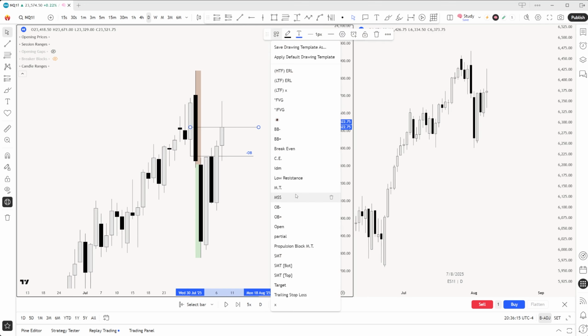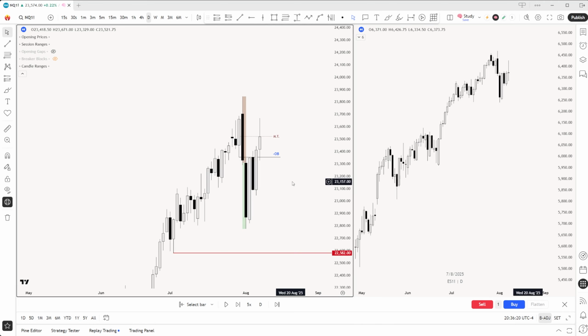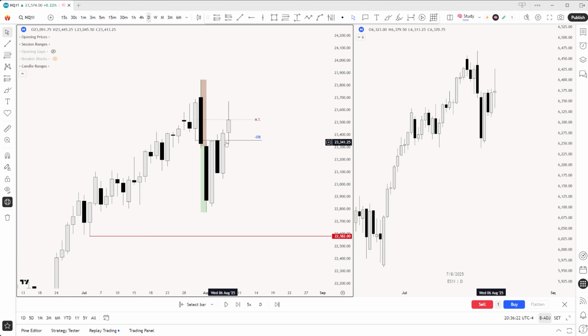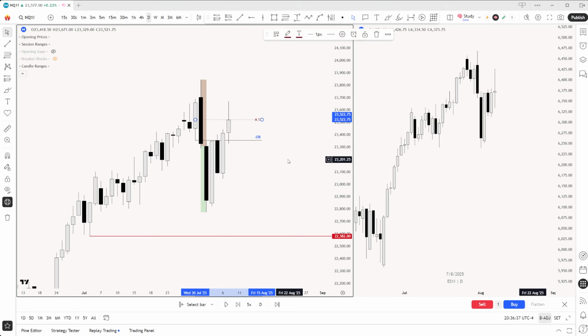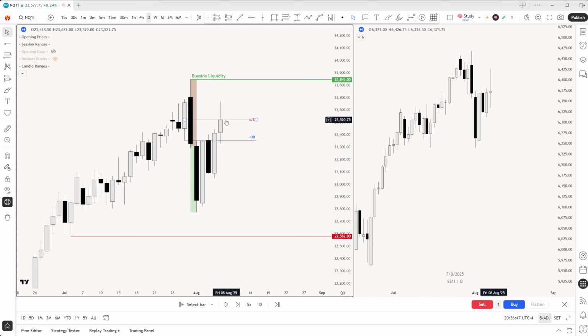But all that to say, here is the second level of our order block that we are looking for, which is the mean threshold. If we disrespect the first level, then we look for the respect of the second. Now, of course, as I said, on Tuesday, my idea was going to be to continue lower. But as we saw, we disrespected it on Wednesday, which means that my next objective is going to be the mean threshold. And if we close through that, my next objective is going to be the external of that range, right? Because we are disrespecting the first premium. So my logic says we are going to go higher.